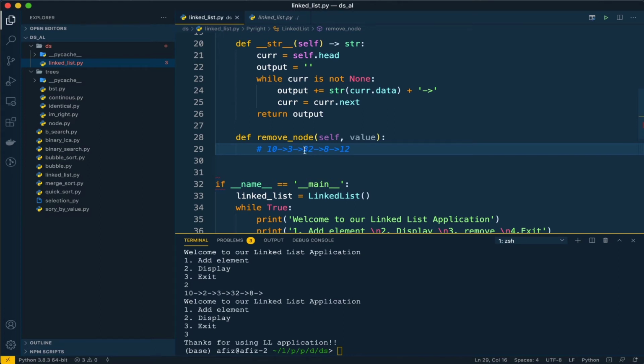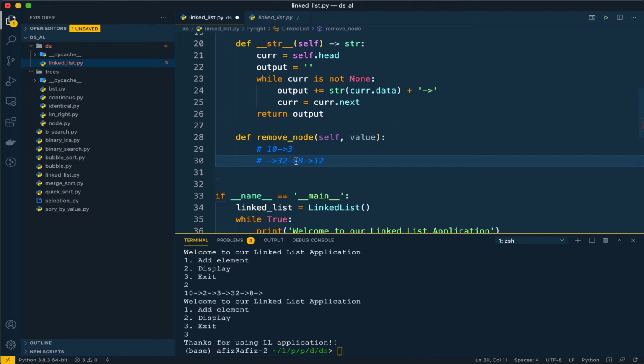To remove the link between the previous node and the current node, we can simply do previous dot next is equal to current dot next. At that time this link will be removed, and it will look something like this. Make sense? So let's define that.